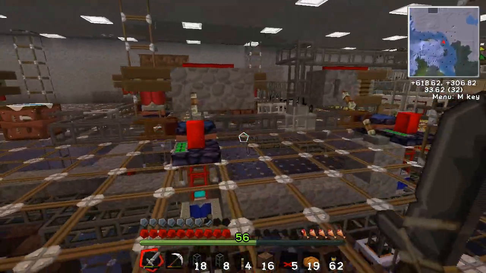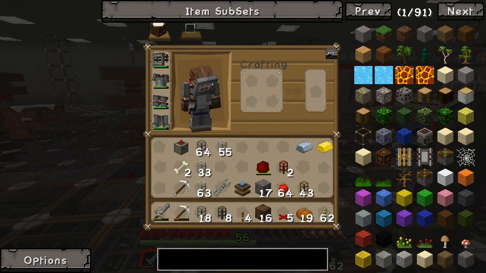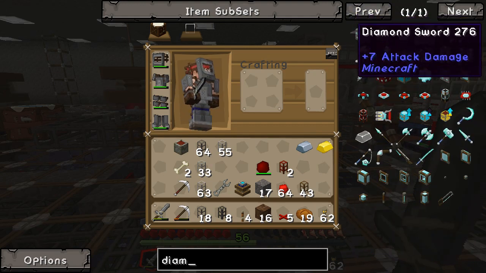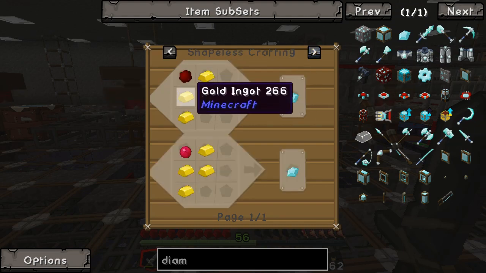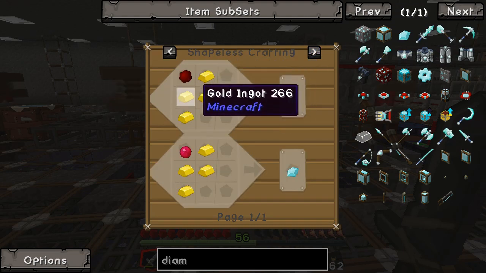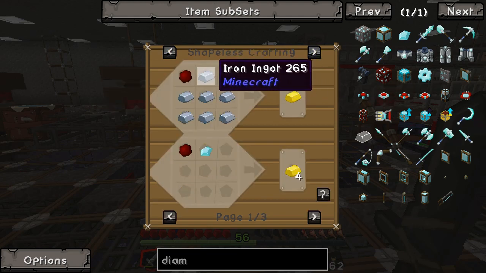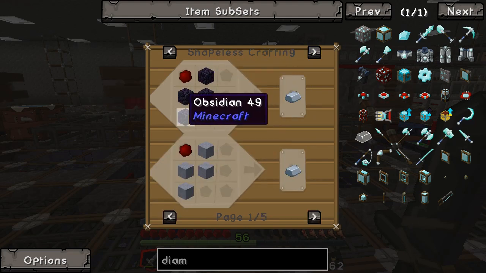Continuing on, how this works is it works through the Equivalent Exchange mod. If you just type in diamond, you'll get the diamond here, and if you click on it and use these arrows, you'll see that it takes 4 gold in this arrangement with 1 minium stone, and you'll get a diamond. So how do you get the gold? You get the gold from iron in this configuration. How do you get the iron? You get the iron from clay. We're skipping the obsidian